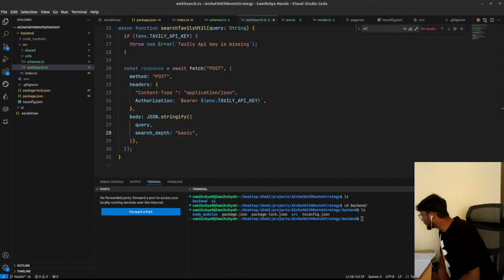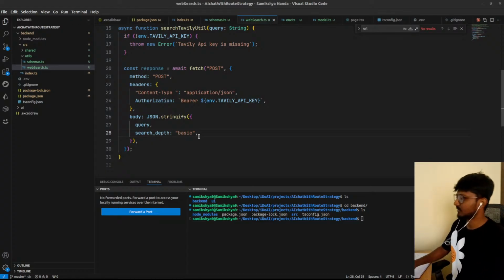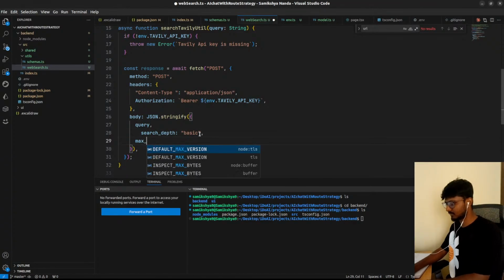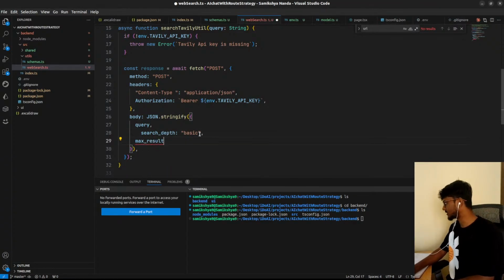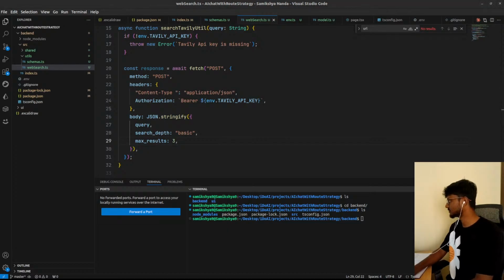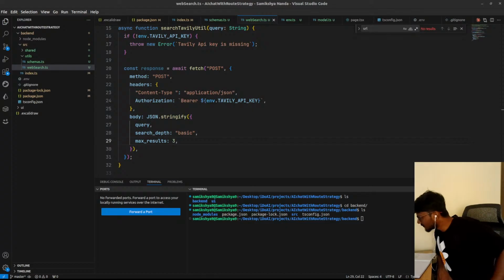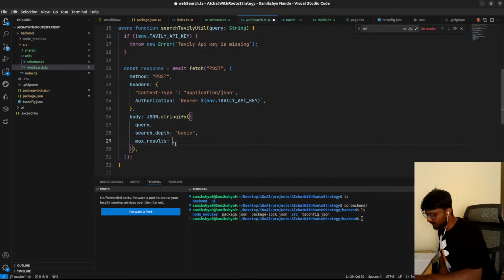So if we keep the max results, the maximum number of search results to return, the default is 5, right? So we'll try to keep it 3. Yeah, 5 is also default, but